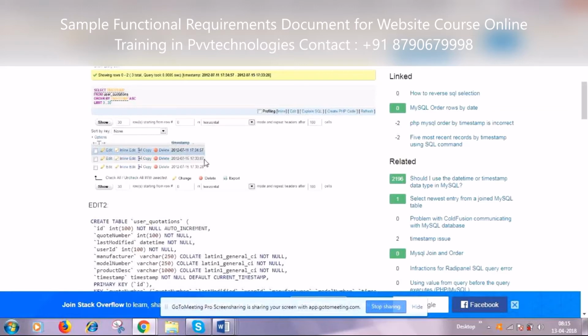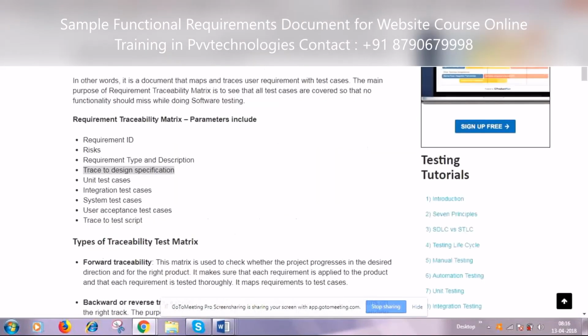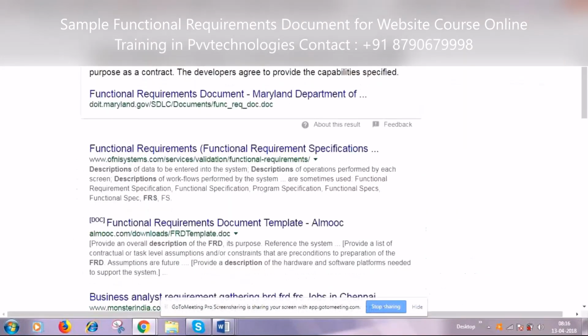So what happens now? The updated timestamp and updated user will be created, with my login ID details. So the record is updated, the updated timestamp is changed, and the updated user is also changed. So these are the things for an audit trail. Can you guess why we are maintaining this audit trail? Can you guess? Any company for that matter, why are they supposed to have the audit trail?